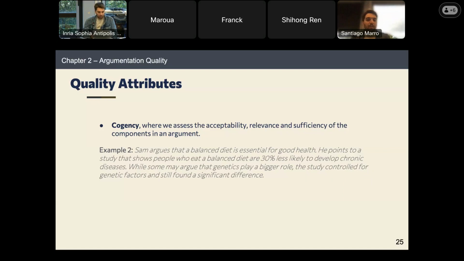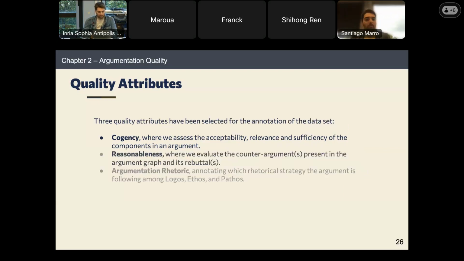Here, all of the points that Sam is making are factual, we can check them because he's referring to statistics, to studies, and is even anticipating counter-arguments and refuting them. So we can say that it's sufficient to draw a conclusion. So it's an argument with good cogency.